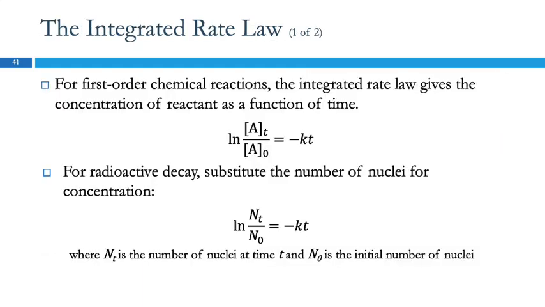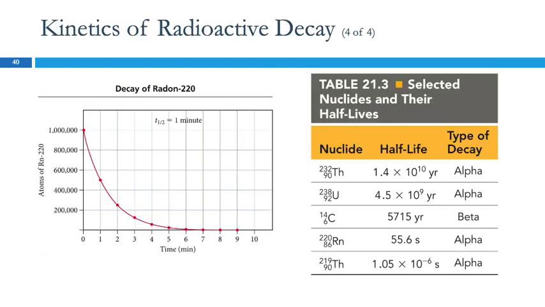Yes? Does that mean that they're not radon anymore? That's a good question. So when it decays, does that mean it's not radon anymore? It depends on what kind of decay. So some decay will change the number of protons, right? But some does not. So it could remain radon. Most of the time, yeah, it's going to turn into a different element.